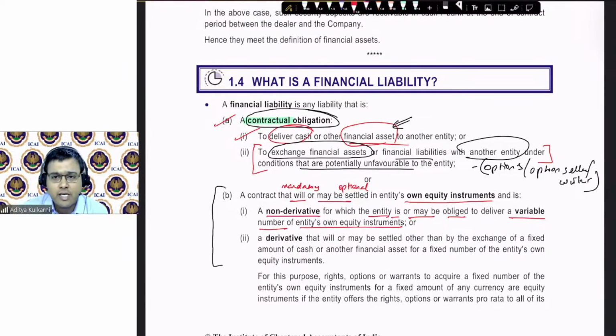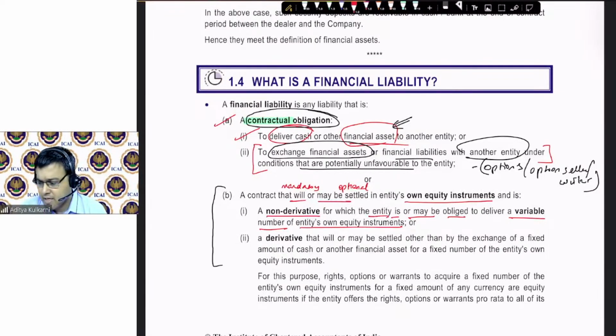Doesn't matter if you are issuing equity shares. The standard tells, look at what you are settling. If the other party is absolutely clear that he wants his obligation to be fulfilled, he is not changing his hat of a liability. He remains a liability holder. Merely because you are issuing equity, you cannot say that this is going to end up being equity. He is not taking any responsibility. Uska payment to guaranteed hai. You are bearing the burden of that liability. So therefore the contract continues to be a financial liability.